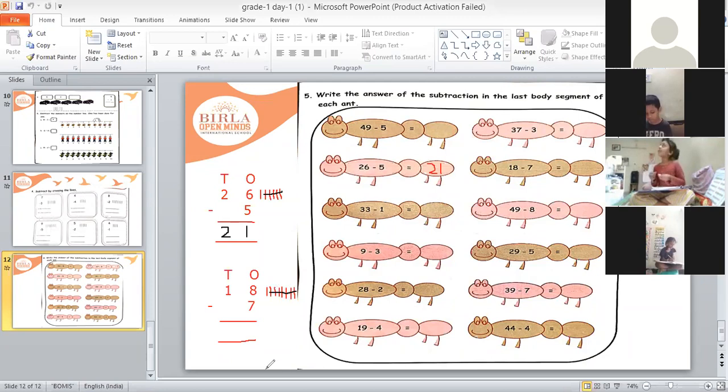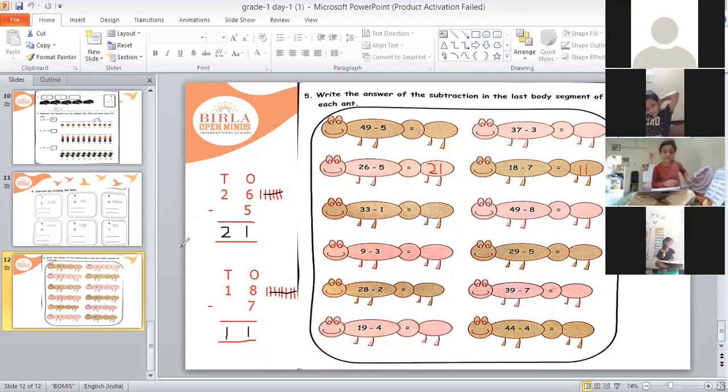Pradiksha, how many lines are left now? Only one line is left. So we will write 1 in ones place. And Pradiksha, what we will write in tens place? 1. Yeah. Very good, Pradiksha. There is no other number in tens place. There is only 1. So we will write that 1 as it is. So answer is 11. So we will write 11 here.